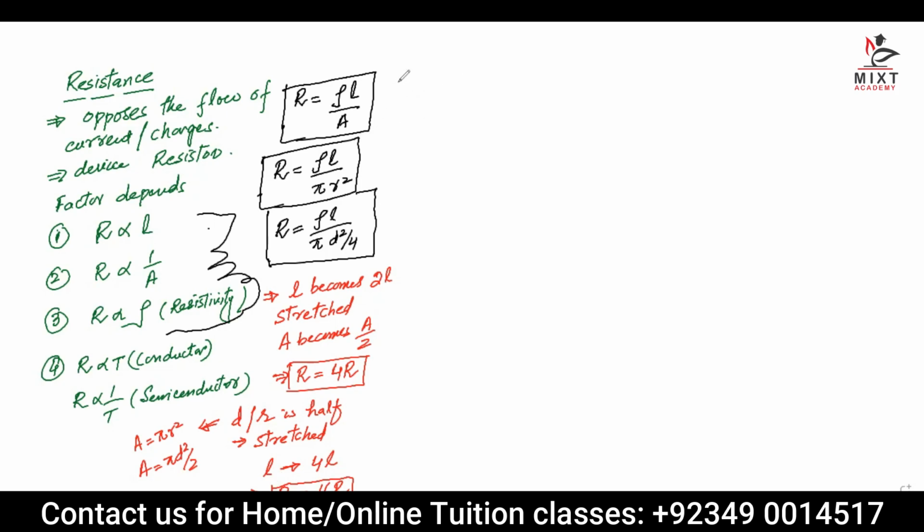Now there is another thing. I have seen this question last time, I was doing the question with the student. If the resistance is constant, and in the question they mention that resistivity is the same, meaning resistivity is also constant, then your length and area are proportional to each other. Remember, or your length and radius are proportional to each other, or your length and diameter are proportional to each other.